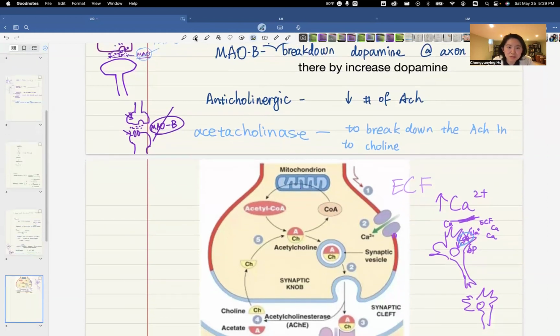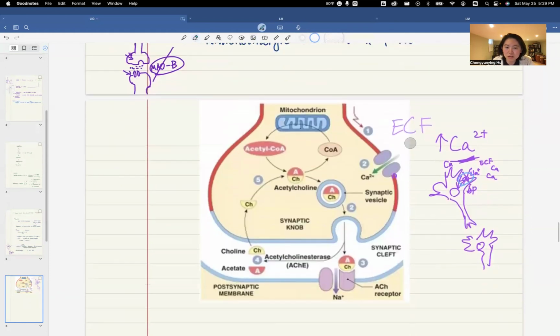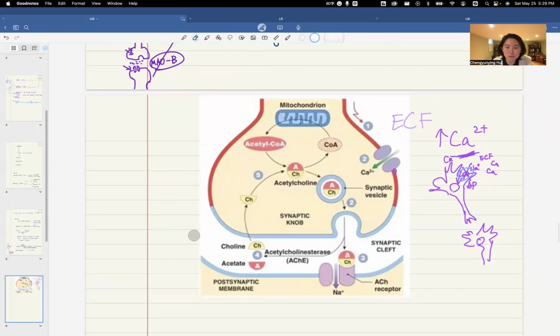No, let me explain this again. So let me explain how acetylcholine works. So first, at the synapse, you have acetylcholine, and the enzyme helps to break it into choline and acetate. Acetate goes out into the system, and then